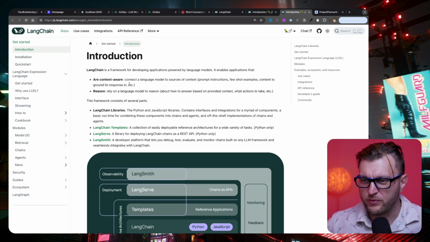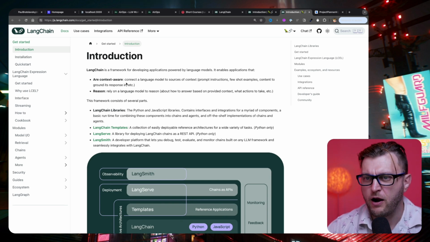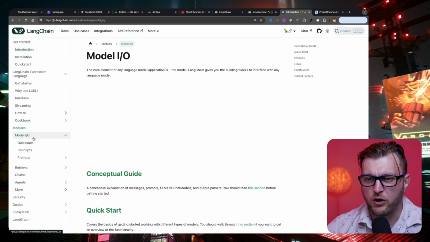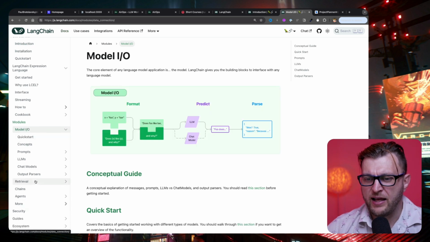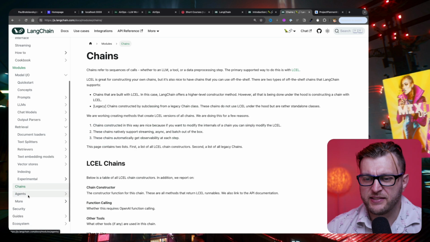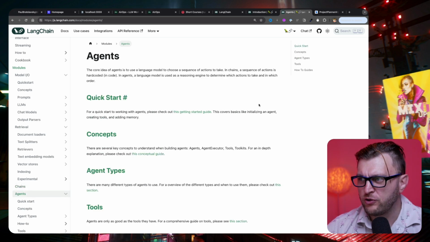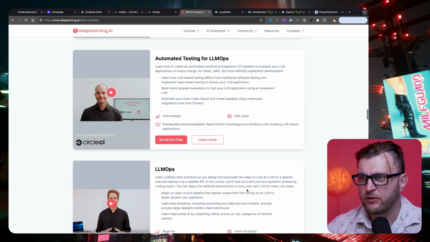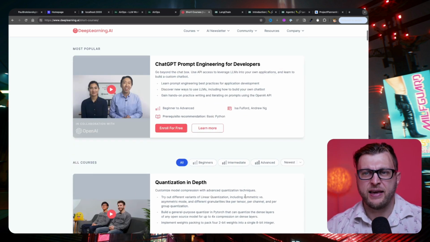If you're not a Python developer, which I'm not either, you could get really far by using LangChain and creating cool things. And they cover everything from how to install things, how to work with models, how to work on data retrieval, how to set up chains, how to build agents. So my two resources to go to are LangChain and Deep Learning AI, and try to